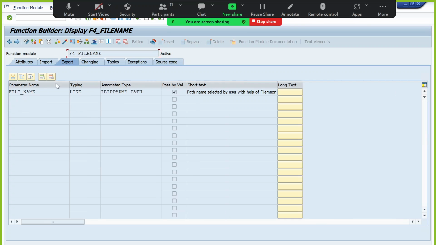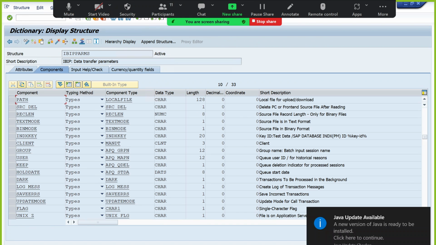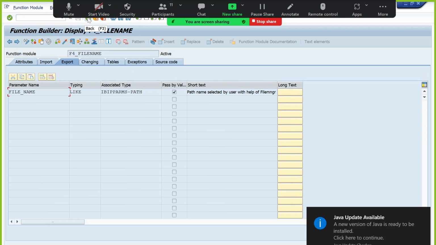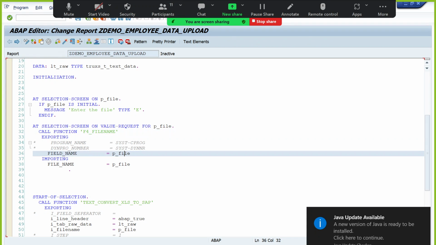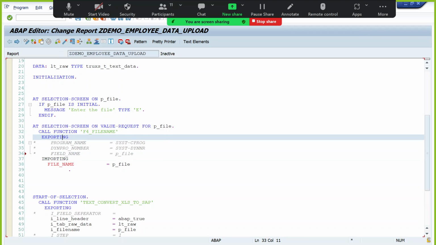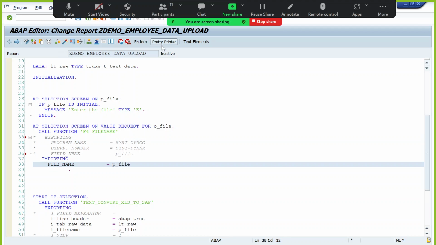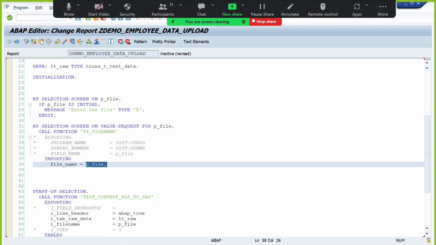And what about the exporting parameter? File name. This is local file, type local file, char 128. Then these two are matching. I don't think we need to pass this exporting. Let me comment first. This is not needed, I believe. Let me test it first. Okay. I'm just passing it to file path. Activate,